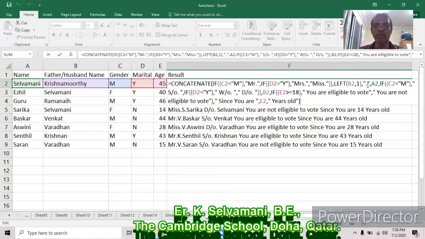After that, you can go for dot and then A2 and then if, same thing, replicate from year to year. Instead of Mr., change it to son of, Mrs. wife of, Miss daughter of. Then B2, comma. It is very simple. If condition, true block, false block. Then comma. Since you are, you can type it as it is, E2, comma, years old. If you go step by step, you can easily finish it off.